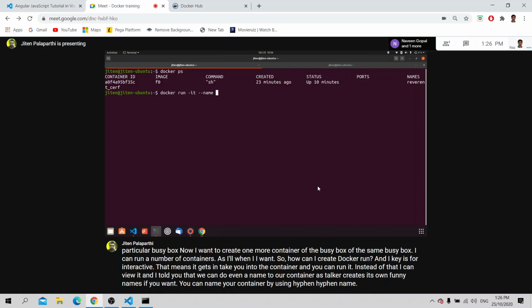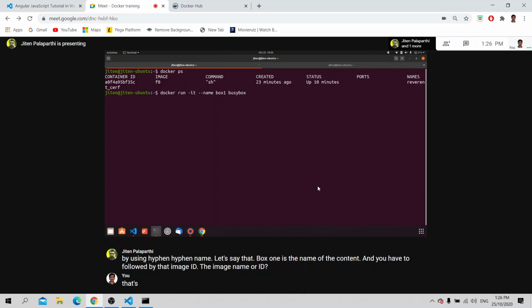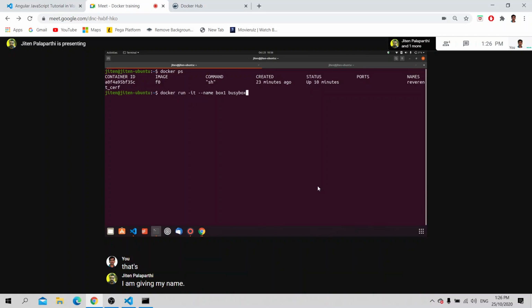Let's say box1 is the name of the container, and you have to follow it by the image name or ID. I'll give the image name. And then it is followed by the command that you want to run.